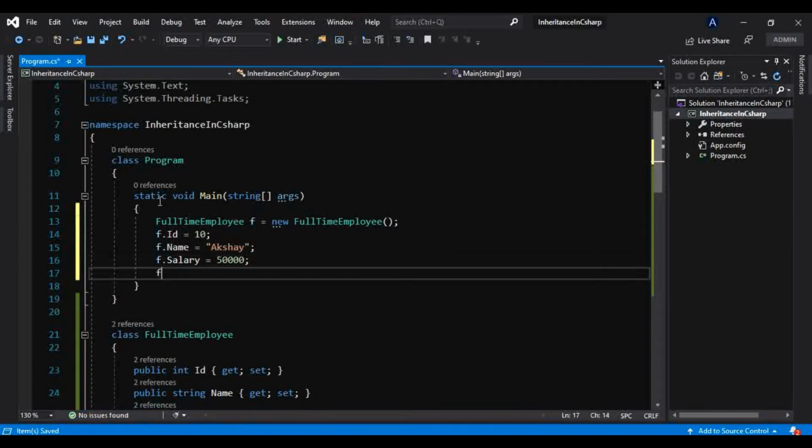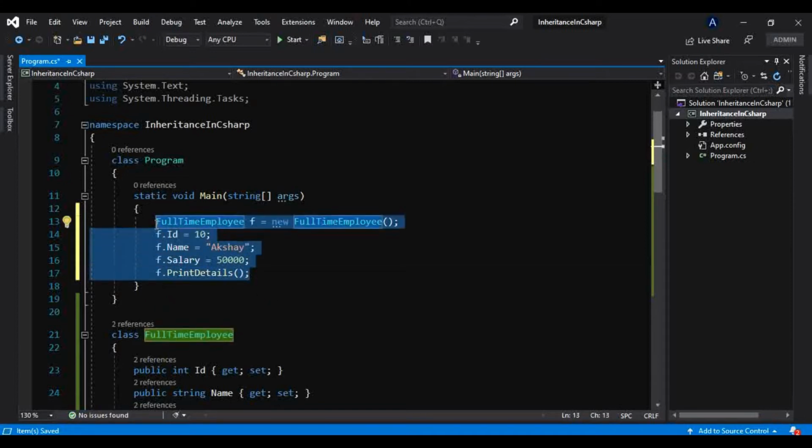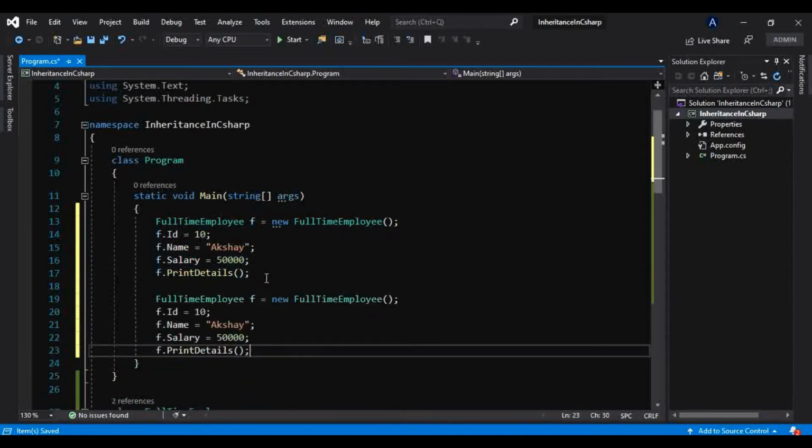Then let's print the details of that employee. And now similarly, I will create an object of a contract employee.